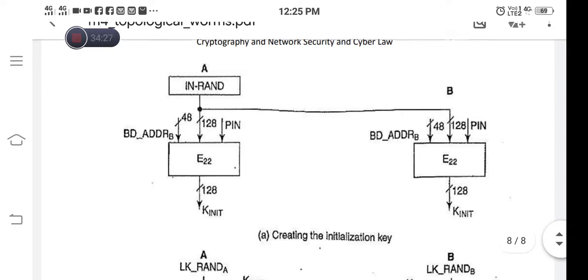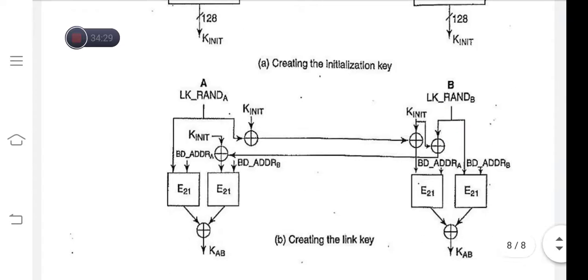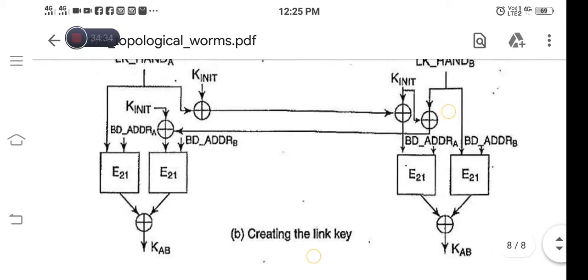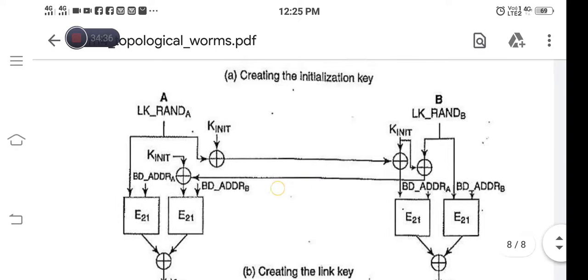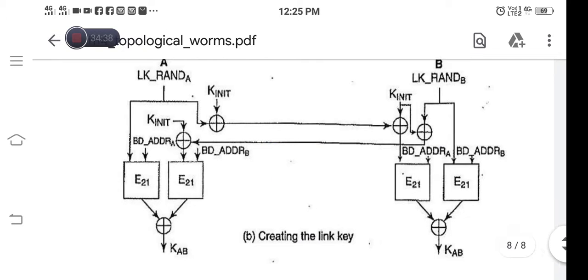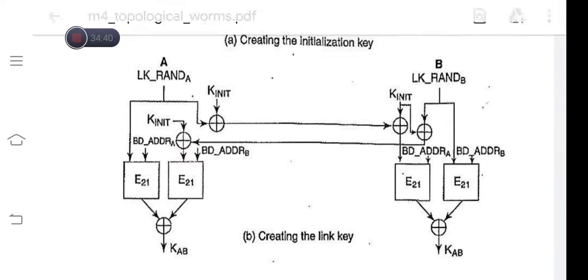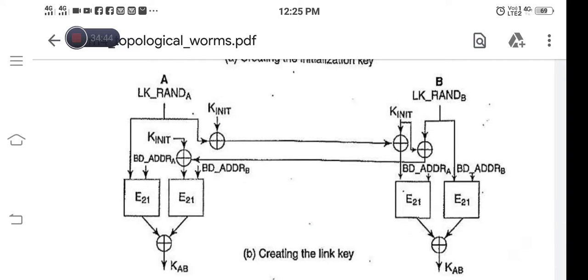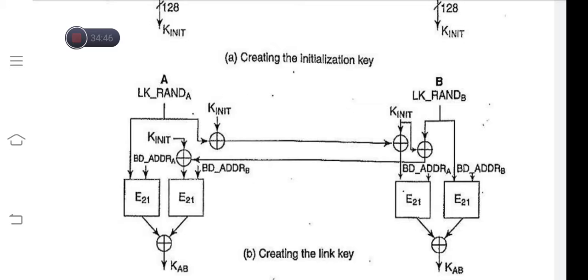Now, using this K init value, we have the link key generation. As we are seeing in the diagram, we have device A and device B, and we are making use of the K init which we generated in the previous step.